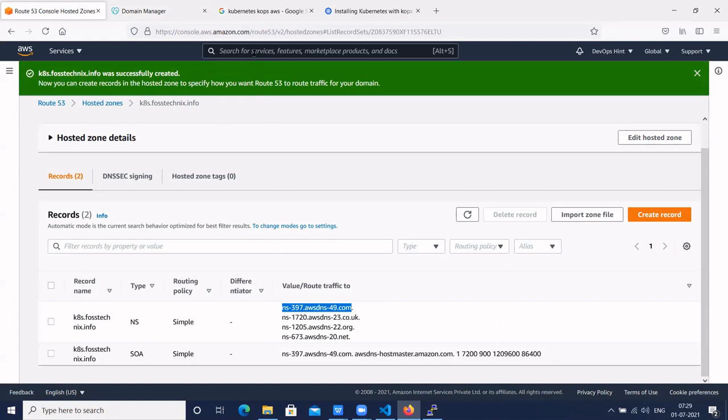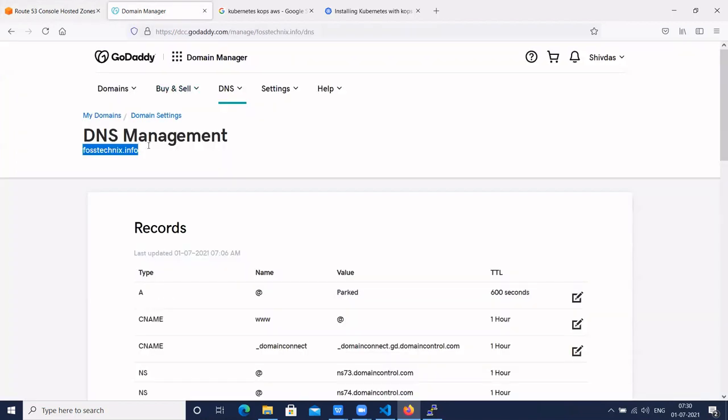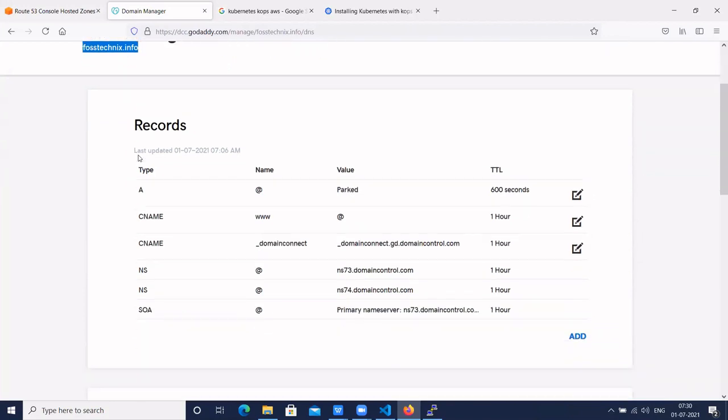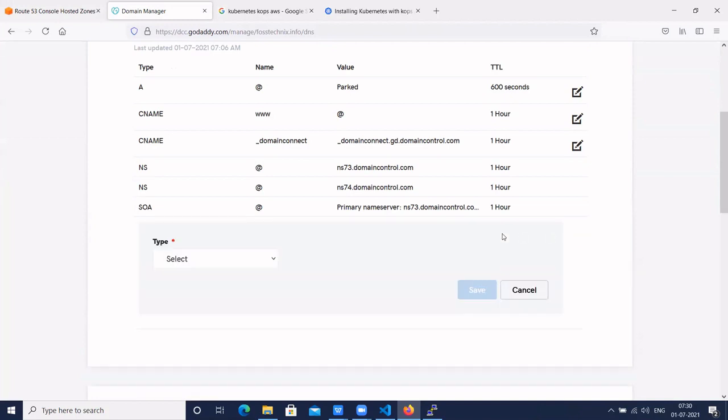If you purchase the domain name in Route 53, then we don't need this. Our domain name was purchased in GoDaddy, so we have to copy these AWS name servers and point them to the domain name provider, so we can access our Kubernetes API server publicly. In a real-time scenario, this API server has to be added in Jenkins, GitLab, or another continuous integration server. Here, go to the DNS management section of this domain name, then click on add,